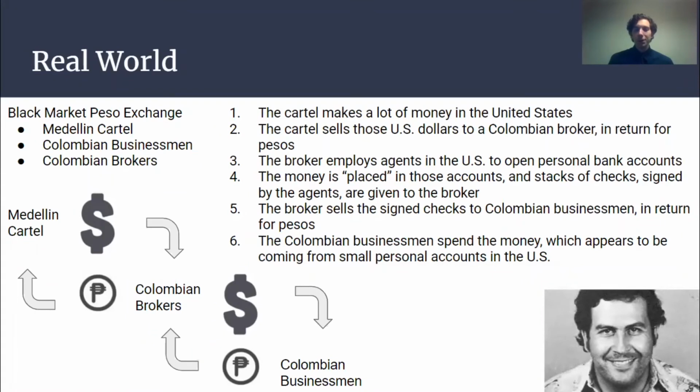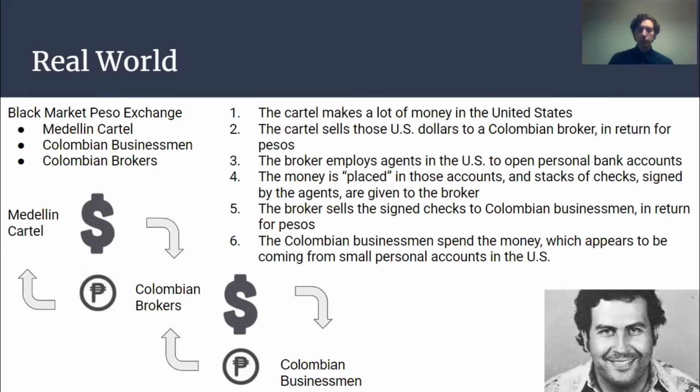The cartel doesn't really want to deal with laundering the money, so they sell it to Colombian brokers in exchange for pesos. At this point, the cartel is out of the game. They got rid of the money, they got their pesos, and they're good to go. Now, the Colombian brokers have all the US dollars and they have to clean it and launder it so they can sell it to Colombian